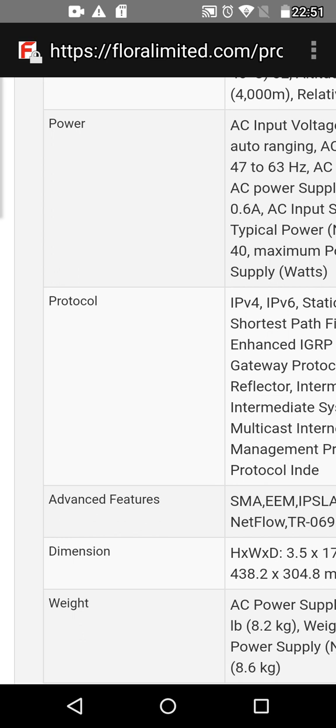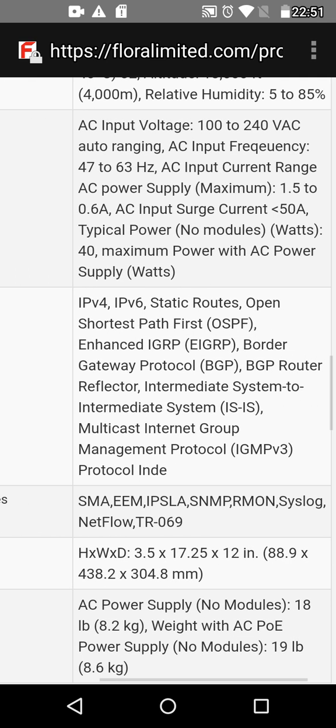So now we will discuss its protocols: IPv4, IPv6, static